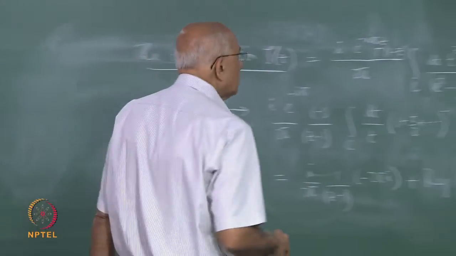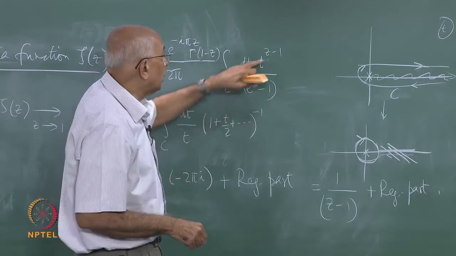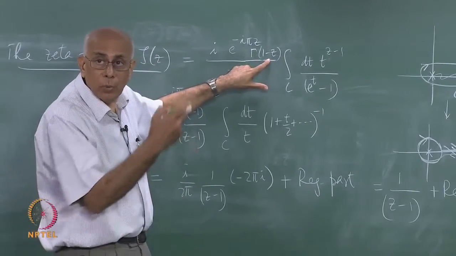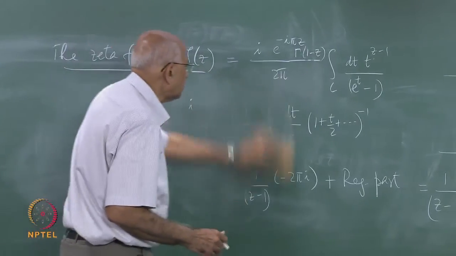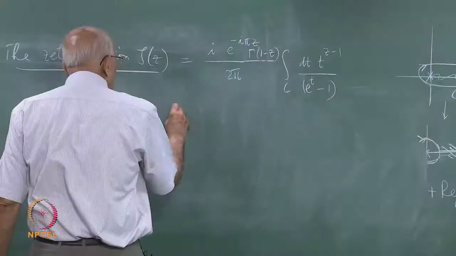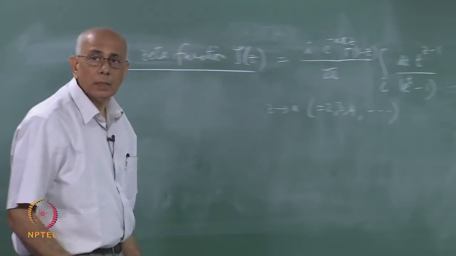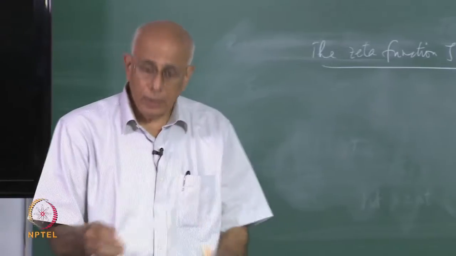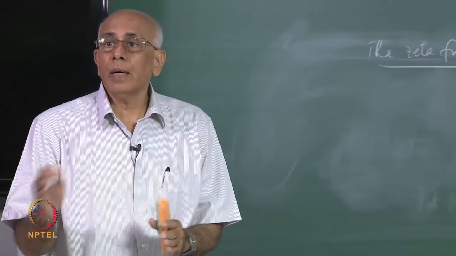What about positive integer values of z like 2, 3, 4 and so on? They too seem to be giving us a problem, because the moment you have 2 or 3 or 4 out here in this representation, this gives you a pole at all these points. So if I put z equal to n, so as z goes to n equal to 2, 3, 4 etc., these integers, this function here is going to have a negative integer argument. At z equal to 1 the argument was 0, it gave you a pole. Otherwise if you put z equal to n, you are going to get gamma of 1 minus n,